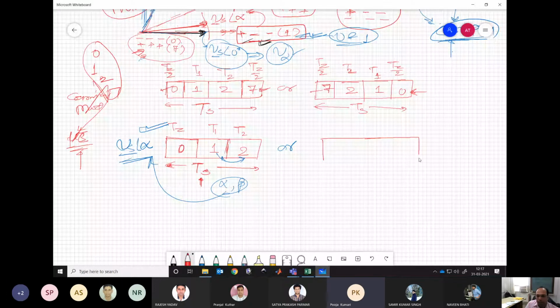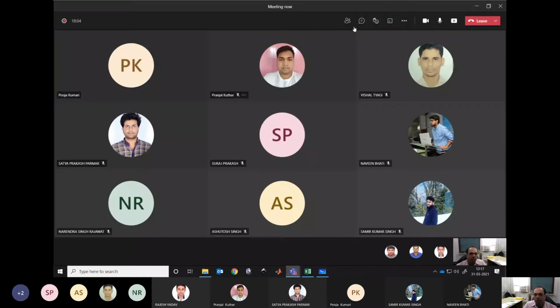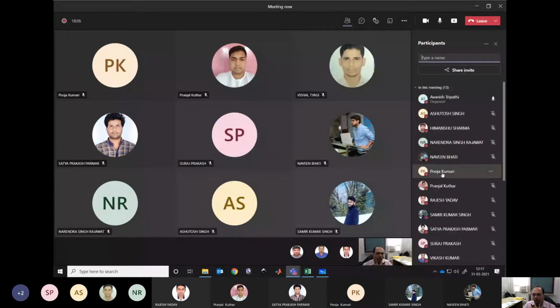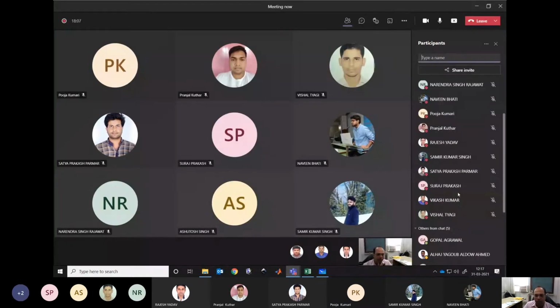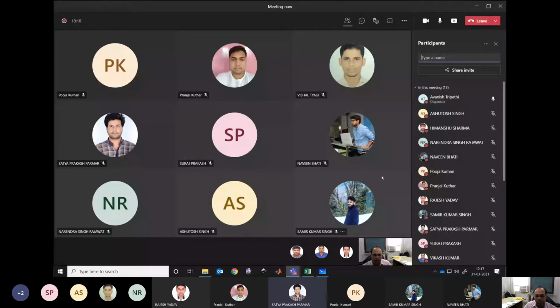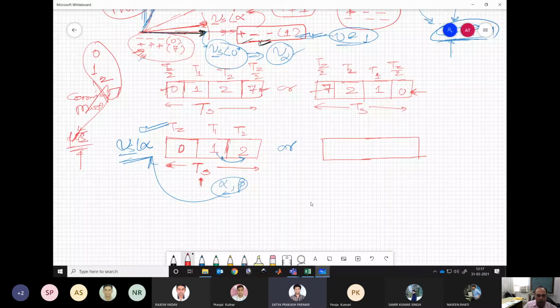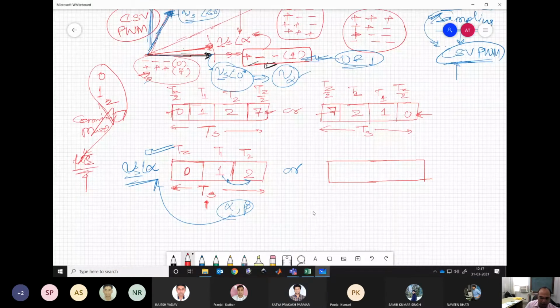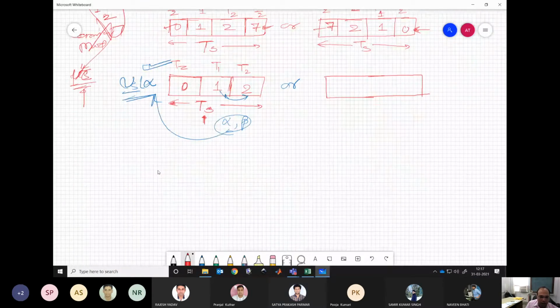Yes, sir. Is everybody getting this point, what I'm trying to say? Any questions here? So, sir, then how can every sample be realized? So what do you need to realize any sample? Let us say when you say Vs angle alpha, it means there is some alpha component plus some beta component, isn't it?